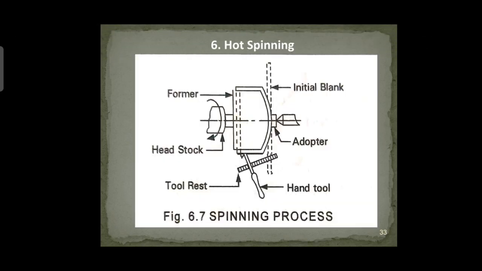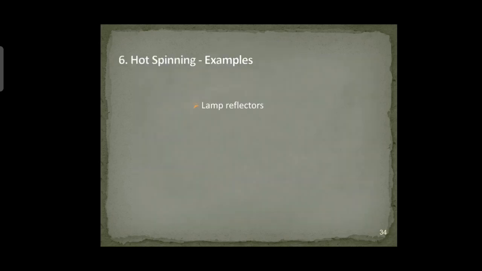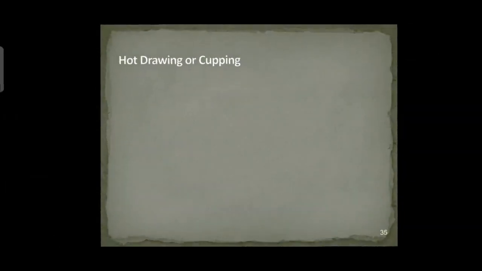This is how the initial blank, which is flat, is shaped like a cooking utensil. You can see a U type of form here. Also the thickness of the sheet is getting reduced, so thin sheets can be produced, which we can utilize for making cooking utensils. Funnels can also be produced, and some containers which you can use in chemical plants. Those are a few applications under this hot spinning process.